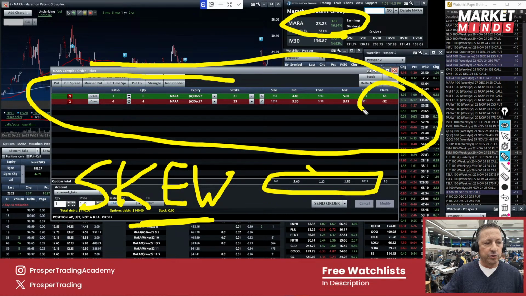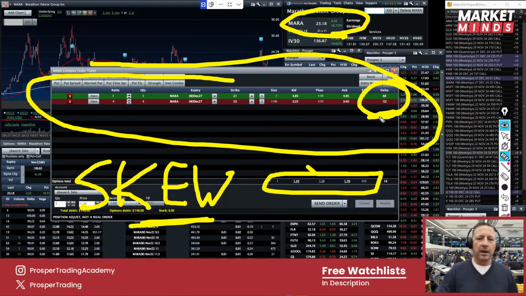Look at the individual deltas of both of these options. Our in the money call, roughly a 70 delta. That's fine. It's a couple bucks in the money, right? So if you had to guesstimate what the delta of that option would be, you'd probably say somewhere 60, 70, 80, somewhere in that range. That's good. But our short option, which is $2 out of the money, look at the delta. If we're looking at an option that is out of the money, normally we would say, boy, that's got to be less than 50 delta, right? Especially an option that here is 10% out of the money, $2 out of the money.